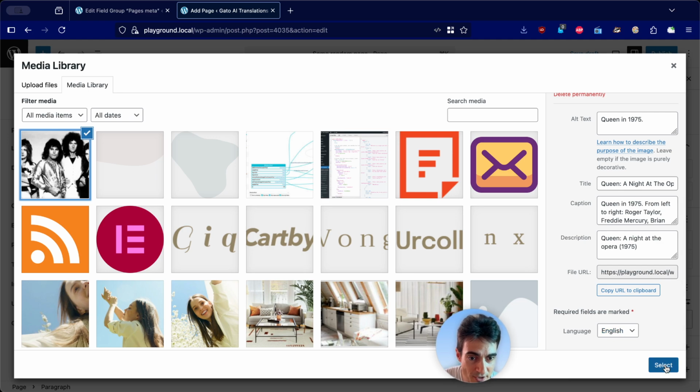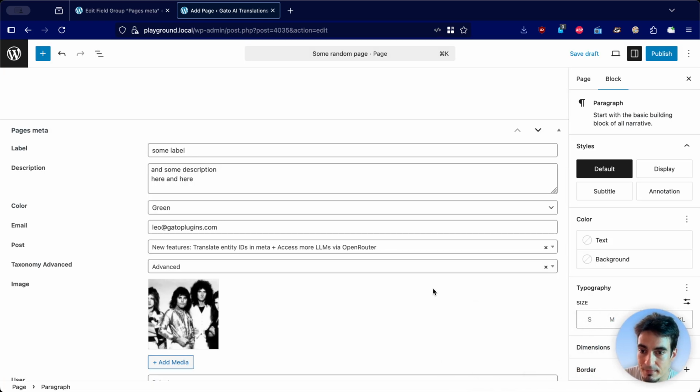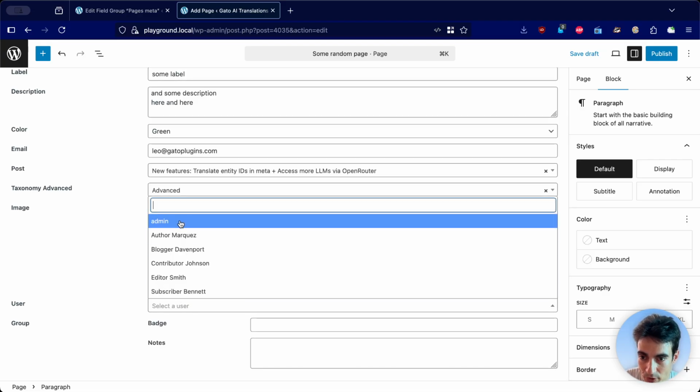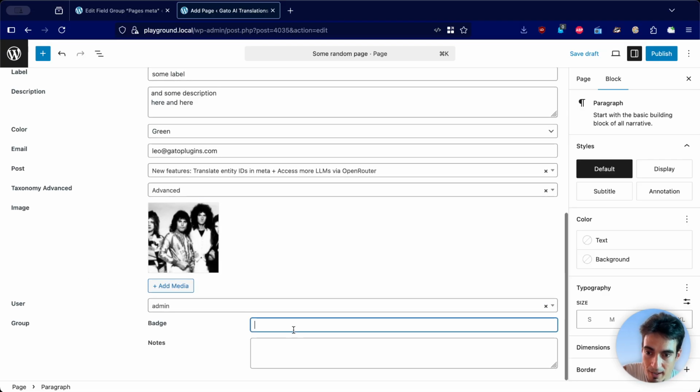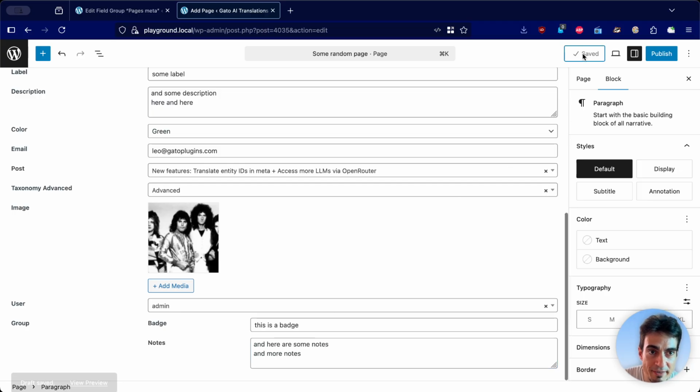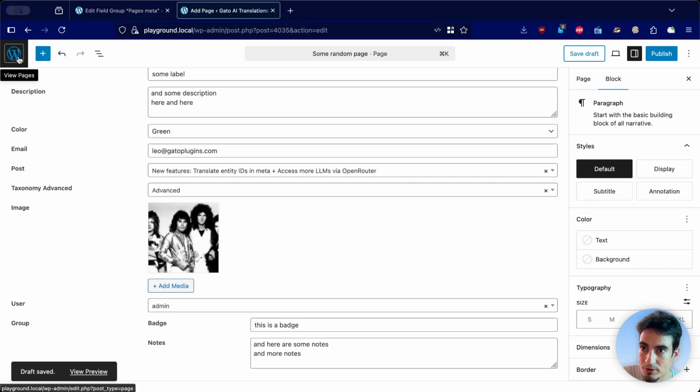All the text is in English. We select this one. And then the user, we can select any of them. Badge, this is a badge, and here some notes and more notes. Okay, and let's save this, and let's now